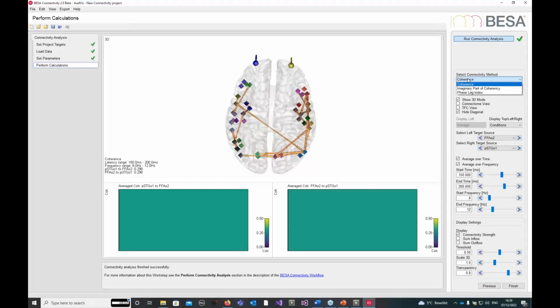So I've looked at coherence. Now let me look at the phase lag index instead. And now I need to lower the threshold a bit because it doesn't have such high values. And I can see what happens now is that I actually get much more interhemispheric connectivity. And one reason for this could be that